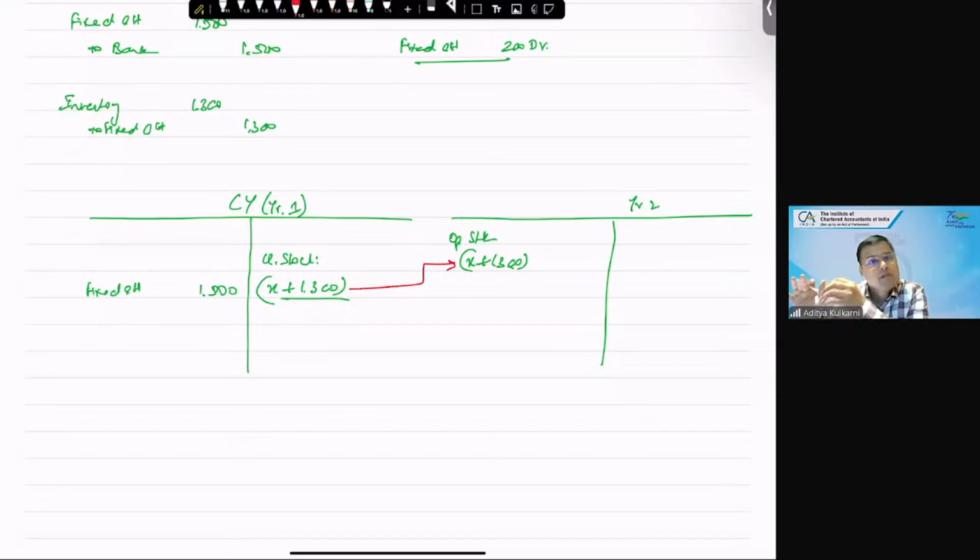Carry forward to next year, sir. It is getting carried forward to the next year. करना यही है अपने को. We have to do this. This is what Ind AS 2 has prescribed. I'm not saying what we are doing is wrong. I'm saying that from a costing perspective, this is not the thought process of management. Management wants to see 1,500 hit the P&L. That is why only for this reason,